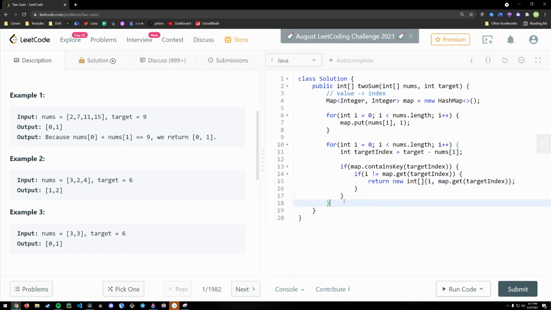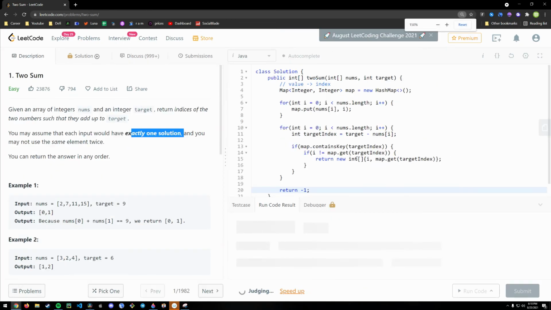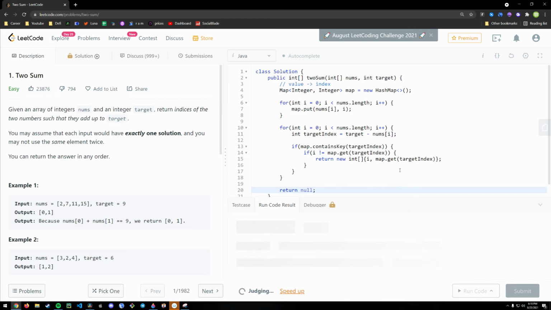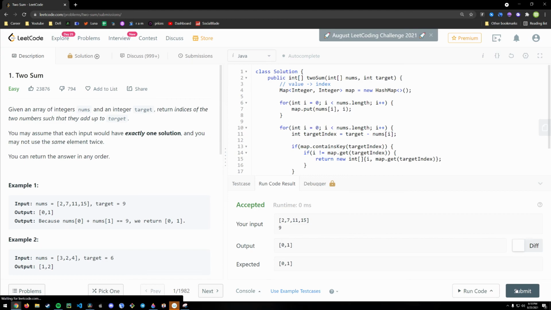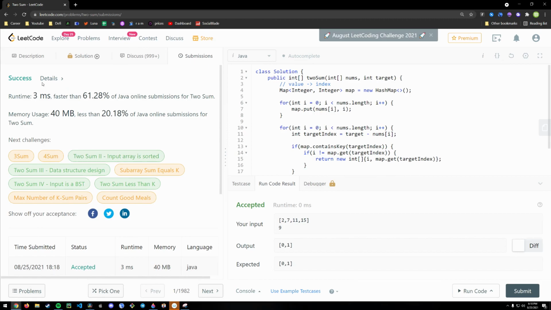So yeah, and I mean, at the end, we technically don't need something. The compiler will complain if we ever reach here, even though we know we're guaranteed to have one solution. So let's just see what it thinks of this. Incompatible. Oh yeah, we're returning, what is it, null in Java? So it likes that for the first case. Let's see if it handles the edge cases. Great. So that's 2-sum. Looks like we have 3-sum and 4-sum coming up, but yeah,